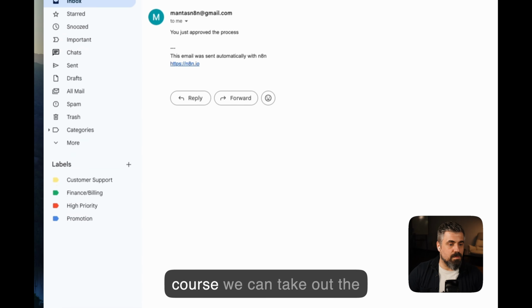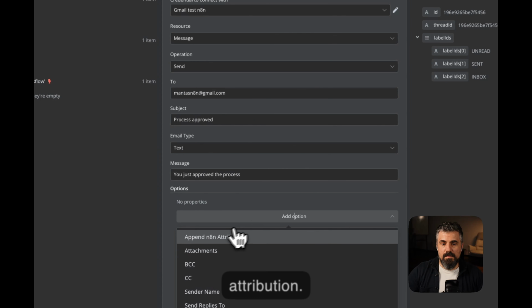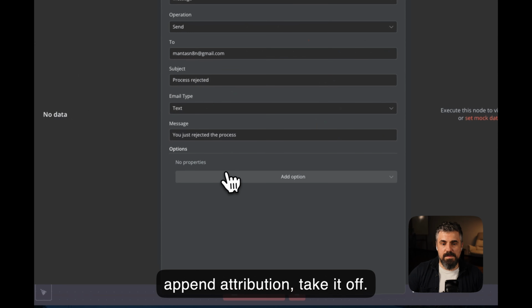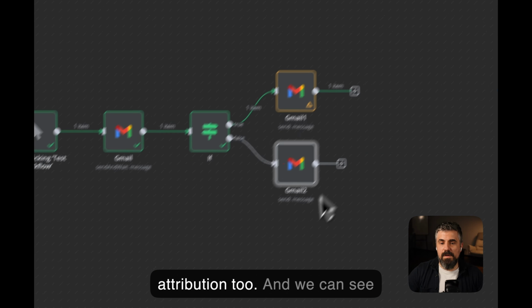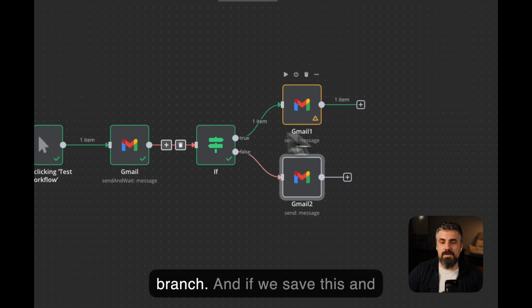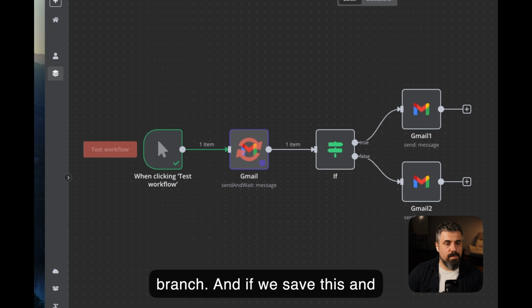Of course, we can take out the attribution. So append attribution, take it off. And while rejecting, taking off the attribution too. And we can see that the process went to the true branch. And if we save this and test the workflow again,